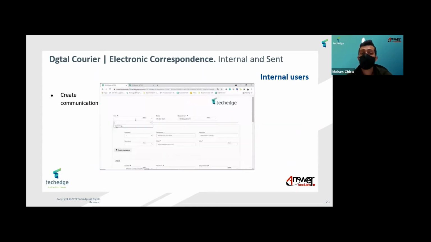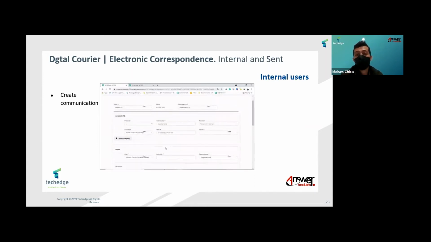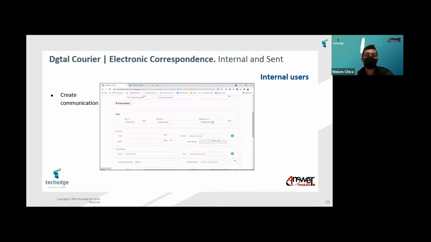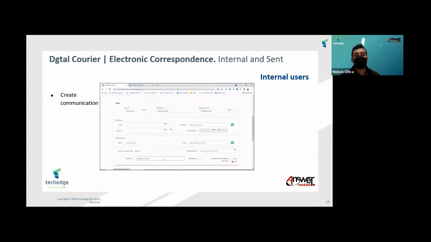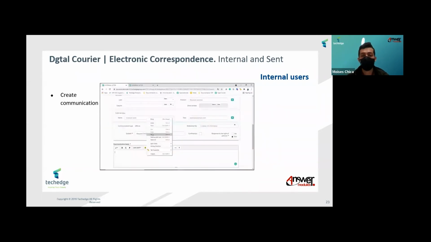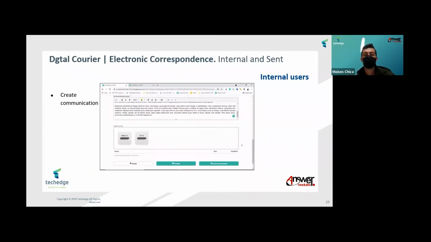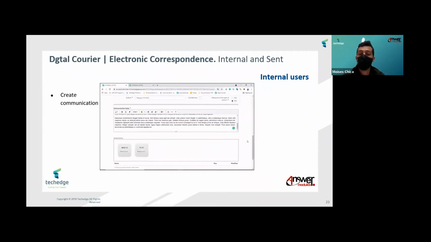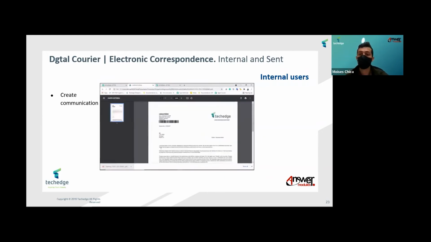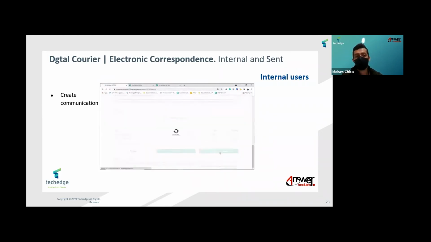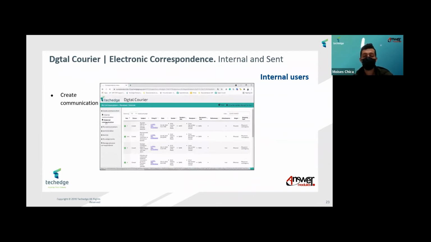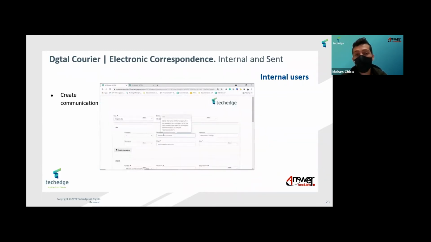And well, finally, for the internal users, there is a functionality to create communications. As I told you, they have the appropriate role in the system. They'll be able to access the forms in order to create internal or external communications. These forms include lists of subject categories or correspondence types that will trigger rules of distribution according to the configuration that administrators can also handle. This form will also let him preview the PDF and send it for signature and distribution as well.